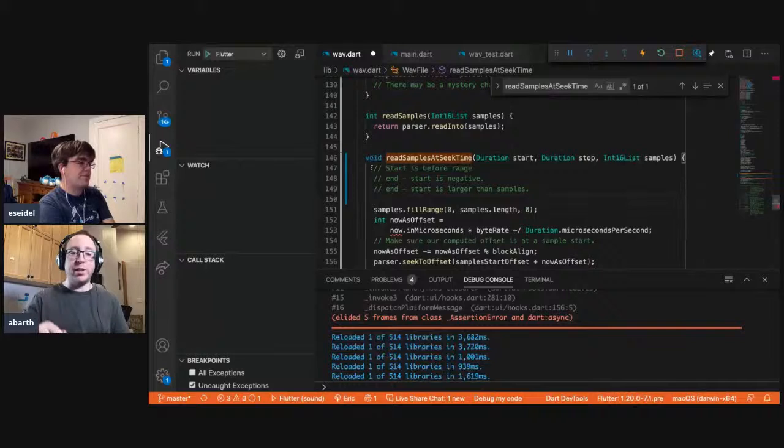And there's also end is past the end, beyond the range of the file. So we have to bounds check both of those. We have to make sure that start is before the end.